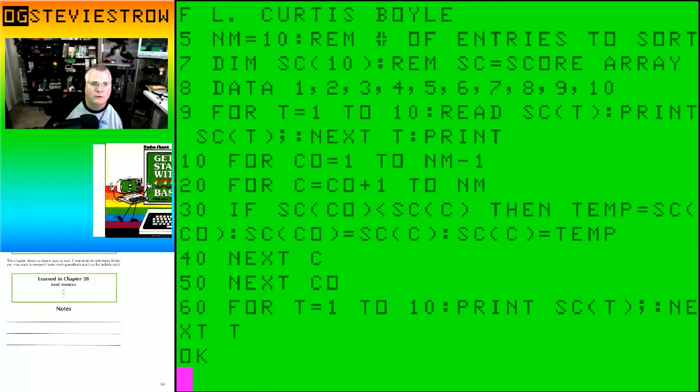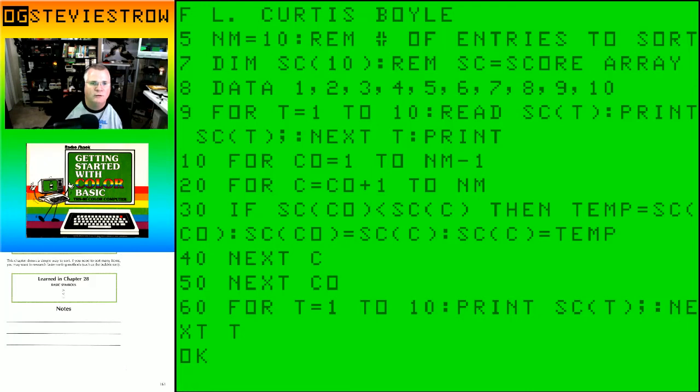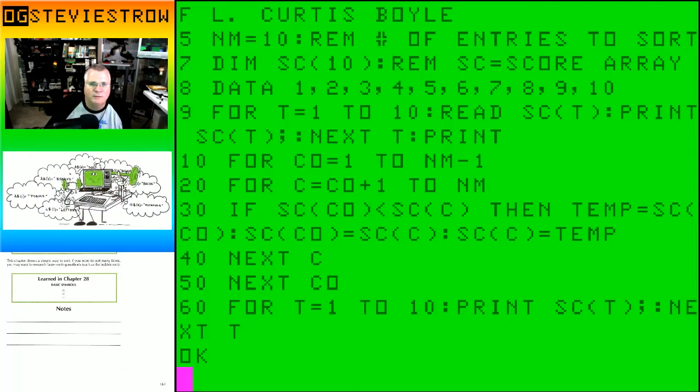And then this is Curtis's routine here, basically 10, 20, 30, 40, and 50. This is the whole little program Curtis gave me. It's very small, it's very short, it's very sweet, it gets the job done. In this case here, I just changed greater than to less than. So,